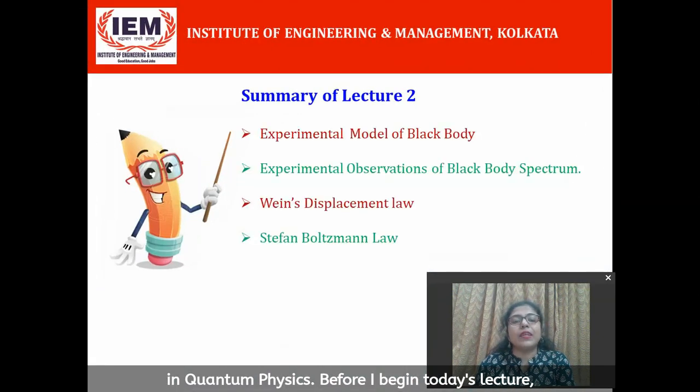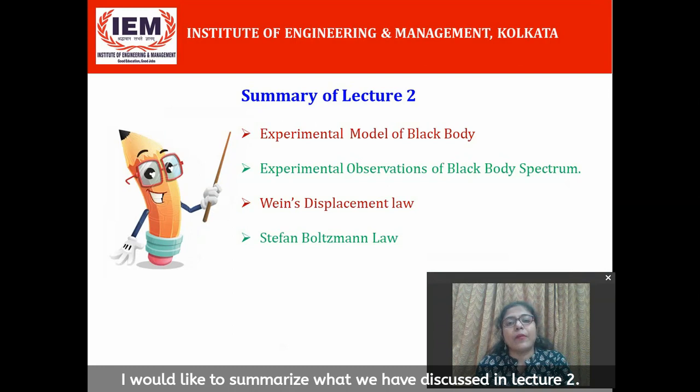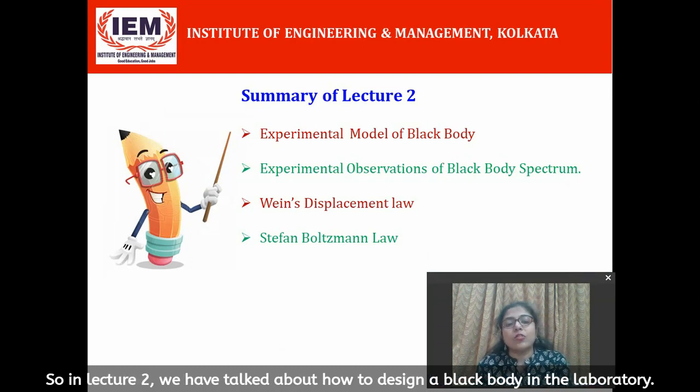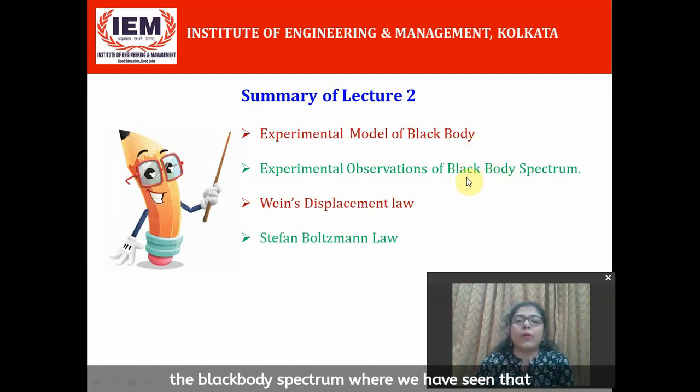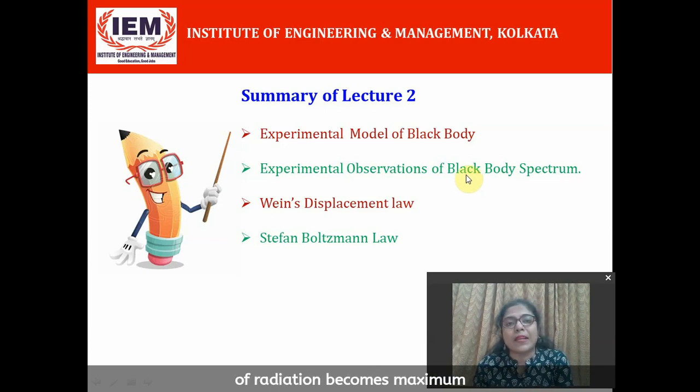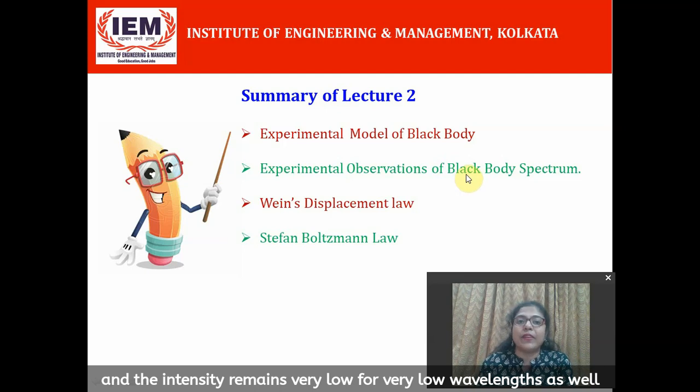Before I begin today's lecture, I would like to summarize what we have discussed in lecture 2. So in lecture 2, we talked about how to design a blackbody in the laboratory. Then we also discussed the experimental observations of the blackbody spectrum, where we have seen that for a given wavelength the intensity of radiation becomes maximum and the intensity remains very low for very low wavelengths as well as